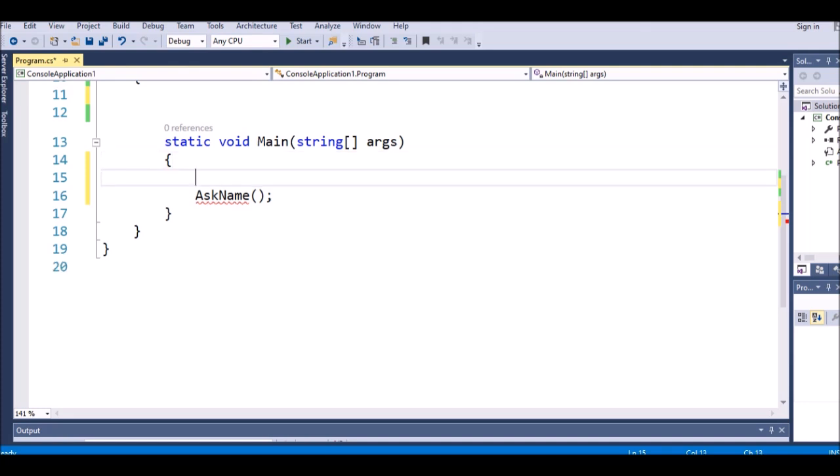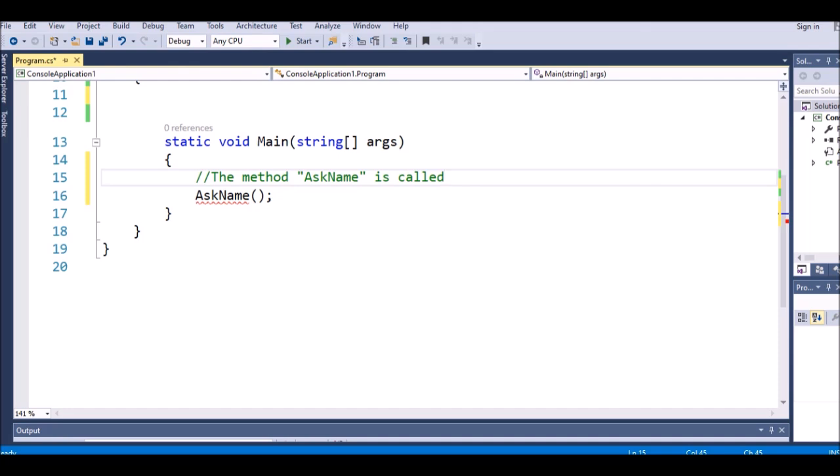So I just comment this: the method ask name is called like this. So after you create the method, you have to create the detail of the method outside the